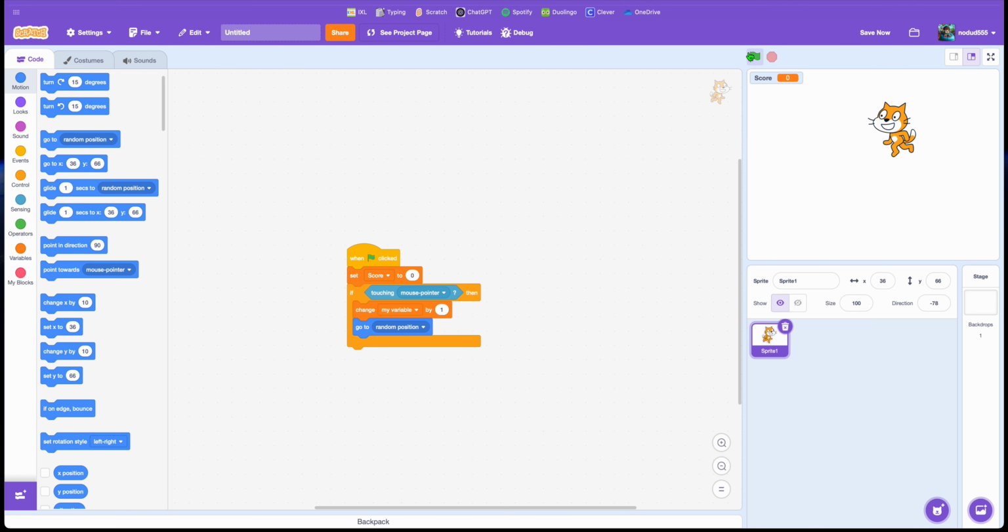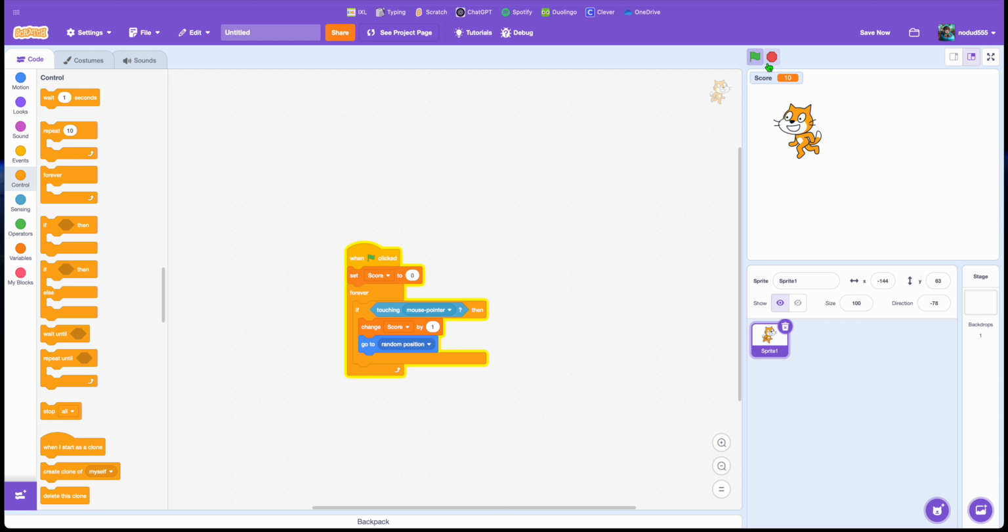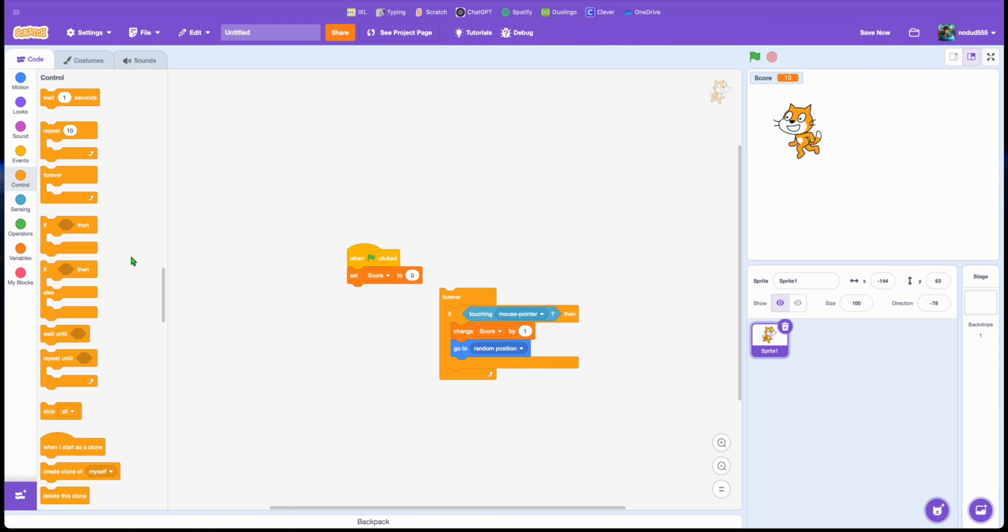When green flag clicked, set score to 0. When, if touching mouse pointer, then change score by 1. Be sure to do that, and then go to random position. So touch it. See, the score is changed by 1. It went to random position. So it's a fun little game. But you could also move it here and